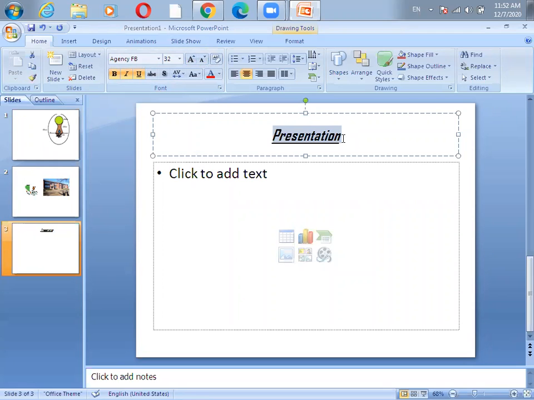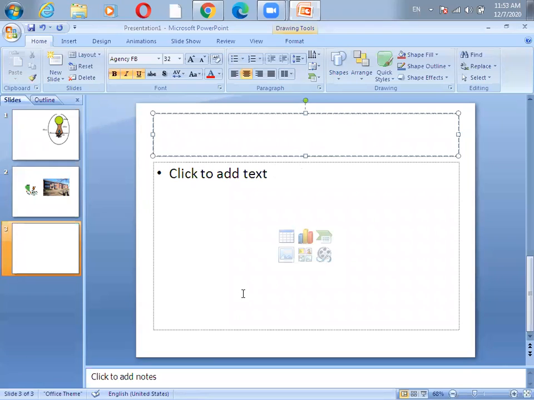Okay, now if I want to delete this text, what we need to do? We can delete it in two ways. I can press Backspace, so we can erase it with Backspace. And we can do one more thing: we can select that particular text and just press the Delete key from the keyboard.